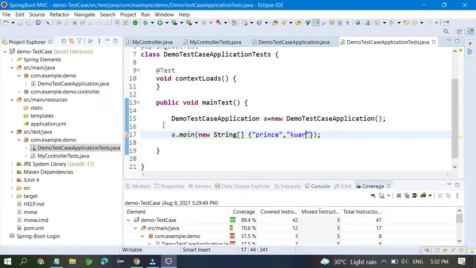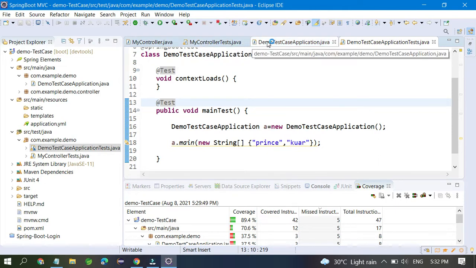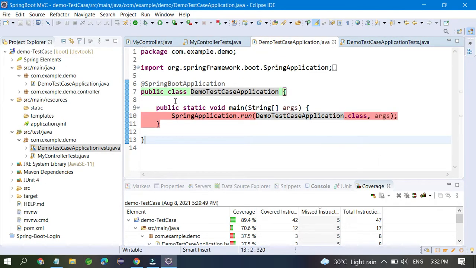Okay, and you can see this is also a test case, the right and test. This is also a test case. Okay, so this is the main class, like the demo test case application. This is the main method. It accepts array format data, and this is the string array.